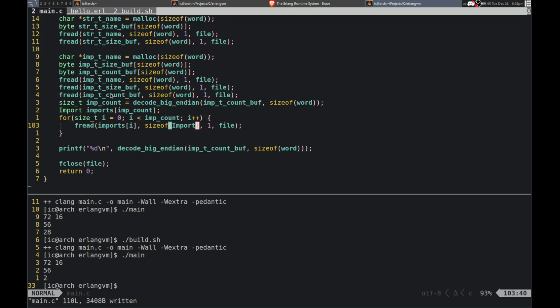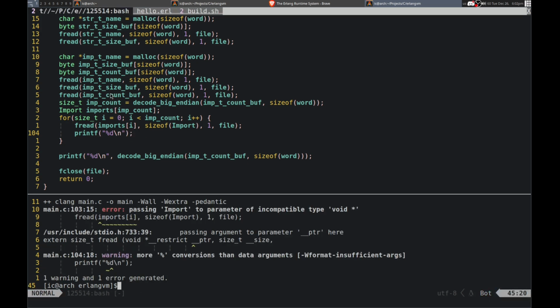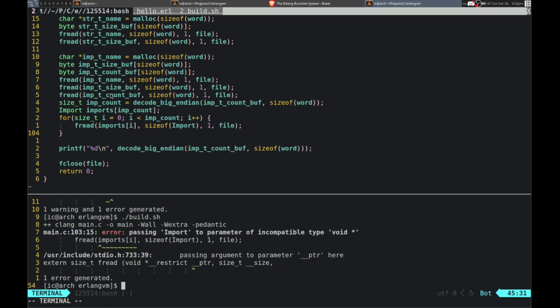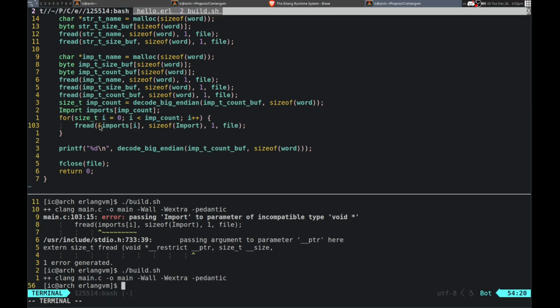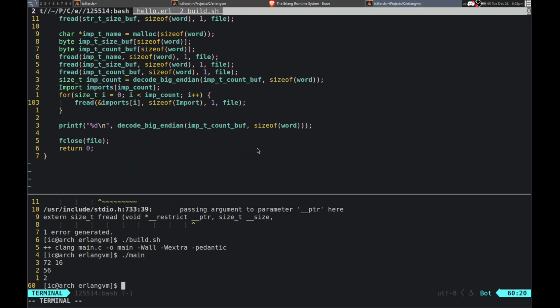Alright, something like that. No, I don't need that, just as long as it reads the right amount. Oops. Alright, what is this? Imports a parameter of that. Oh yeah, it needs to be a function. Okay, and it doesn't segfault, so that is good. Good so far.